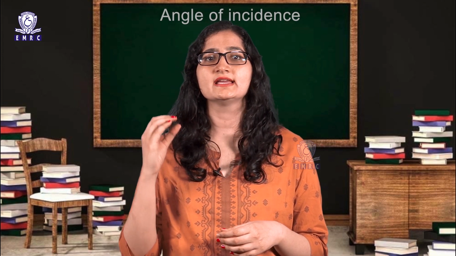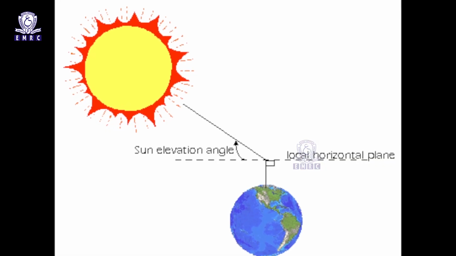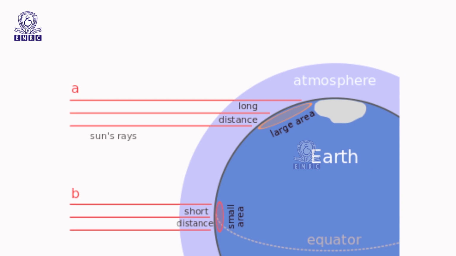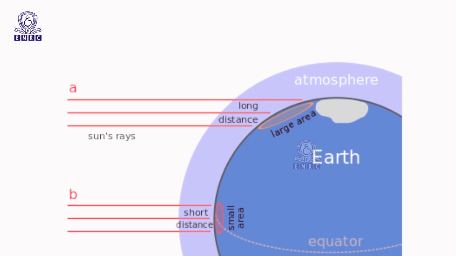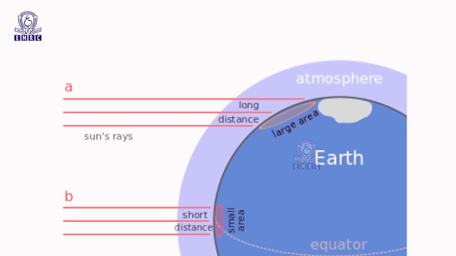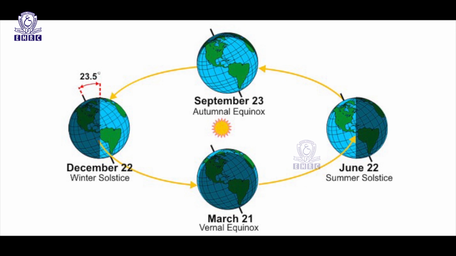Angle of incidence. The altitude of the Sun, that is the angle between its rays and the tangent to the Earth's surface at the point of observation, controls the amount of insolation received at the Earth's surface. As the elevation angle decreases, the area over which the radiation is distributed increases. The vertical rays of the Sun heat the minimum possible area, but on the contrary, the oblique rays are spread over a relatively larger area, so that the area over which the available solar energy has to be distributed is increased and the energy per unit area on the Earth's surface is decreased.